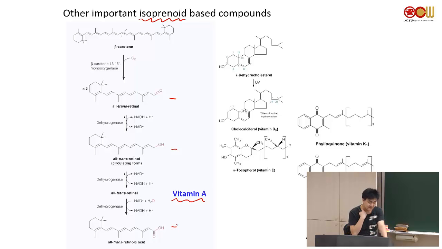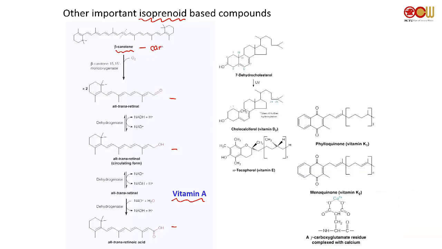Now, vitamin A is derived from where? It turns out it's derived from beta carotene. Beta carotene you find in a lot of what? Carrots. So they're found in a lot of carrots. Which is why people always say, when you were little, your mom probably told you to eat more carrots, they're good for your eyes. That's why. So beta carotene is found a lot in carrots, which is why your mom is going to tell you, you should eat more carrots, because once you have beta carotene in your diet,